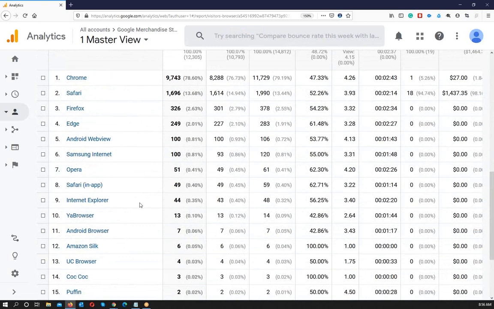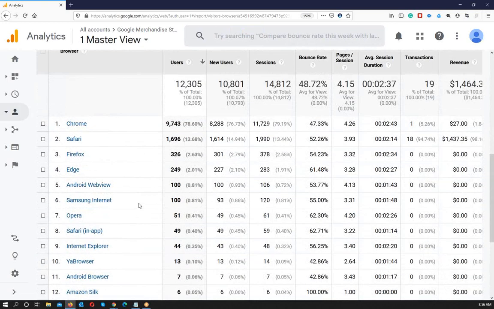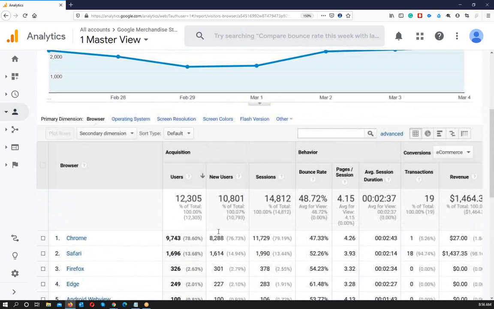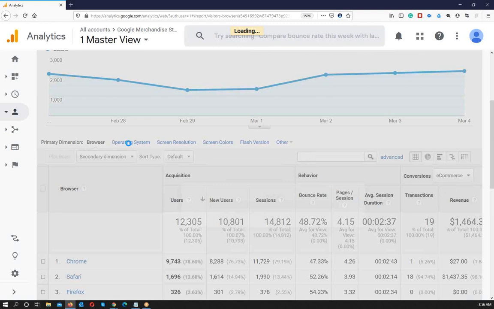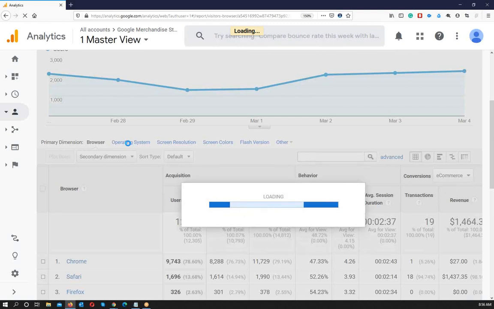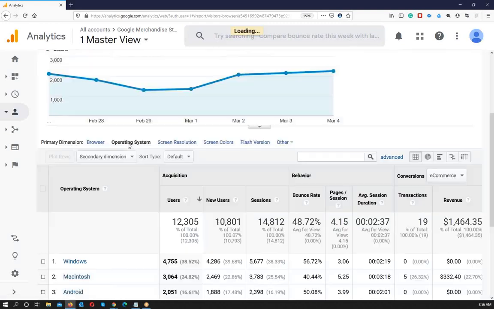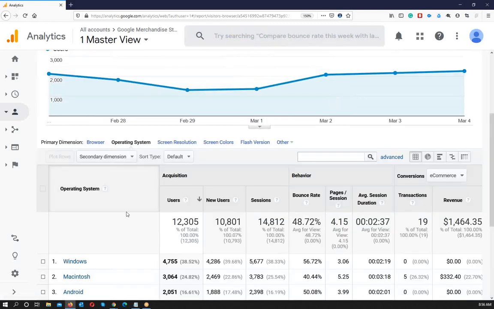Now, this is a browser report, but it says browser and OS, browser and operating system. So where is operating system information? So every report, if you look on the top, you will see something called primary dimensions. This is the browser report. Then you have a report for operating system. You can click on the operating system. The report will get updated and it will start showing you information about the operating system of people who are